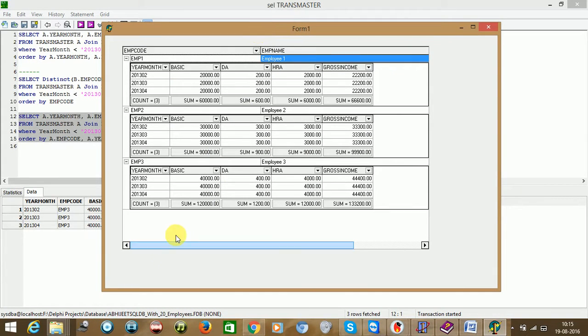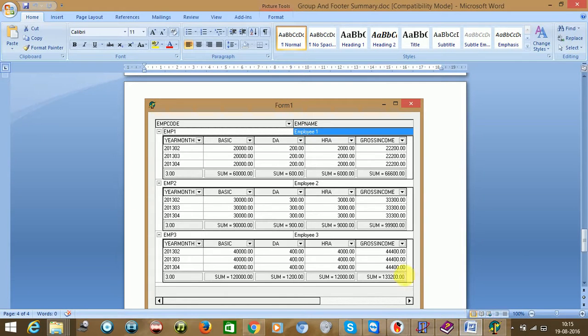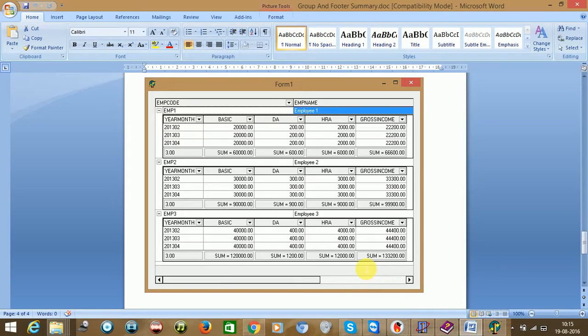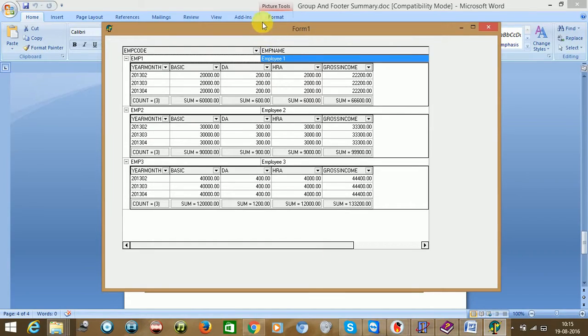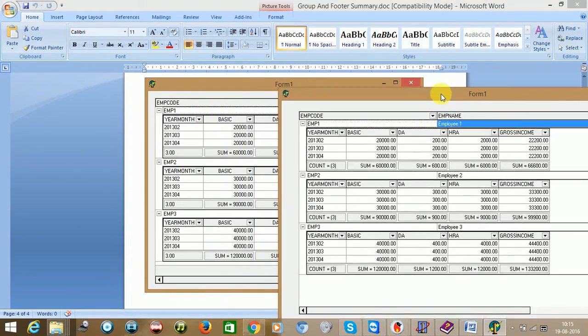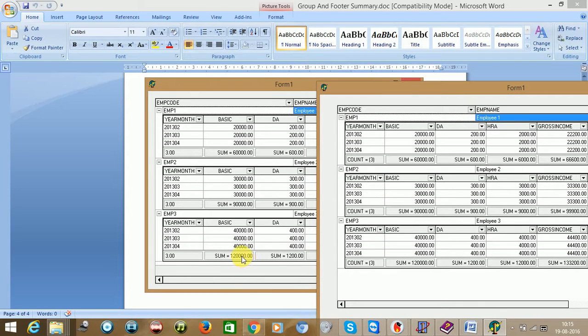So finally we are not able to display the footer summary here because this is one view, this is the second view. So this is already a footer summary. It looks like a group summary, but it is a footer summary because this is a different view, this is a different view. And I think this is what is matching over here. Our data is not matching, but I think what we expected, the same way it is displaying there. Oh, I think data has to match. Oh, congrats. In this project our data is matching here. See, this is matching, this is matching, all data is matching.